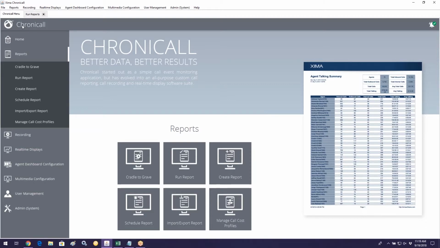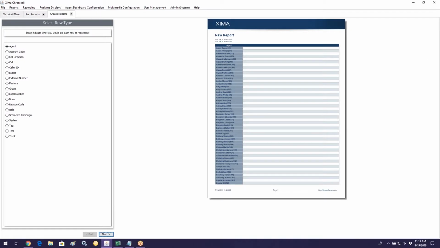Okay. So the first thing I want to discuss is probably the most difficult, and that's what we refer to as create report. Okay, pretty simple, pretty generic name. But to create a report, all I have to do is come here where it says create report. Now, when I do this, it's going to pull up a new window or a new page here. And on the left-hand side, I'm going to have all of these different options to choose from. Okay, we have agent, account code, call direction, and so forth. Well, what in the world do each of these reports do, or what kind of information is this going to